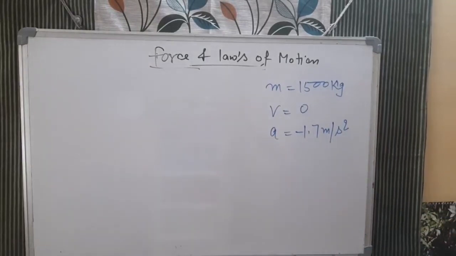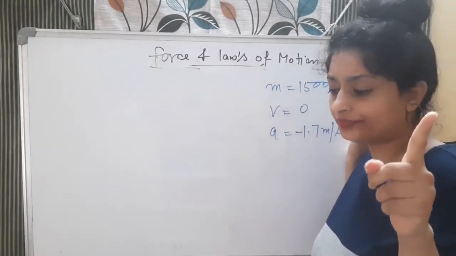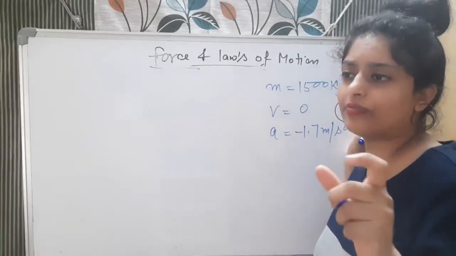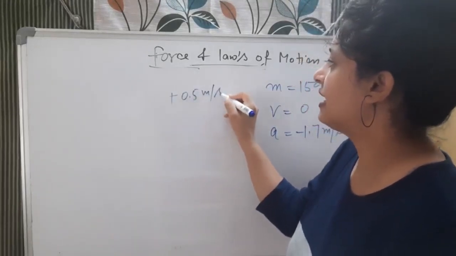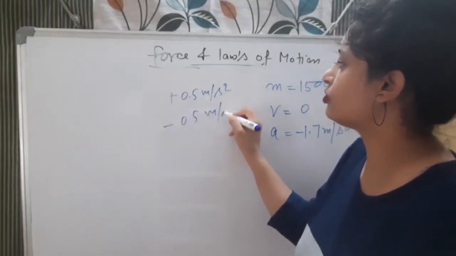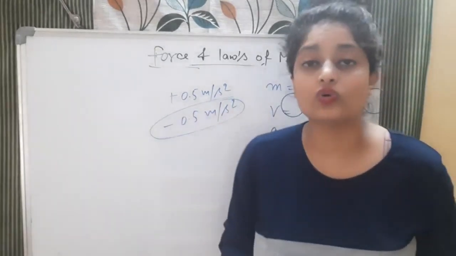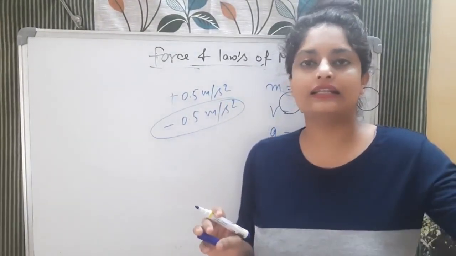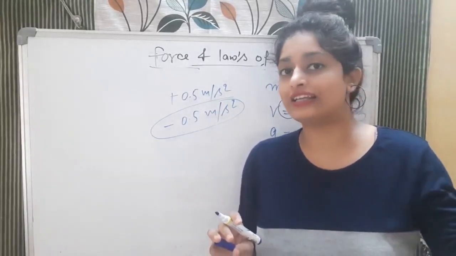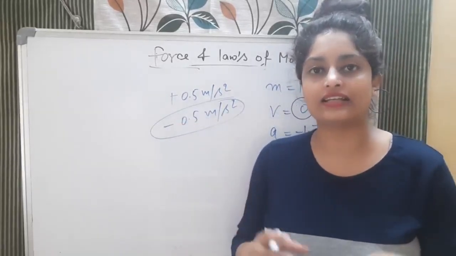This was one MCQ also, that I hope the children whom I am teaching saw in their mock test. There was one question about the retardation. The question was asking what will be the retardation of that object, and the options were like this: plus 0.5 meter per second square and minus 0.5 meter per second square. And the question was tell us the retardation. So most of you ticked this. That was wrong. The question was not asking what will be the acceleration. A body is moving with this much velocity, then it applies the brake, then it comes to rest. So what is the retardation? The question was retardation, and retardation itself contains the negative sign. So yes, the answer will be negative.